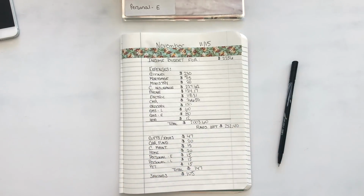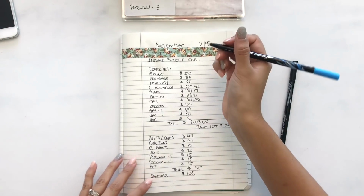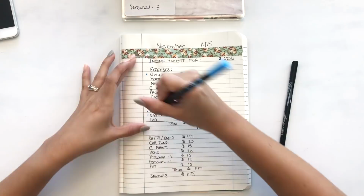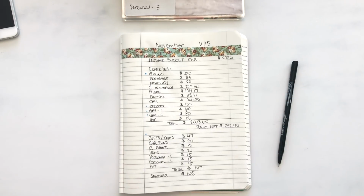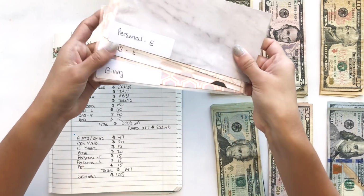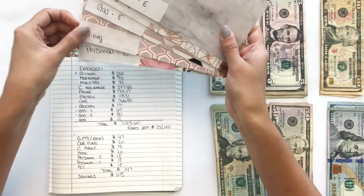I'm gonna go ahead and show you how I'm gonna be stuffing my cash envelopes. And the items that I am separating specifically for my envelopes are these ones that I'm marking, and then all of these items here. All right, so I'm gonna go ahead and show you guys now me stuffing my cash envelopes. All right, so let's just start with giving, and these are typically the envelopes that I have in my wallet or my husband has out. So we're gonna start with the giving,